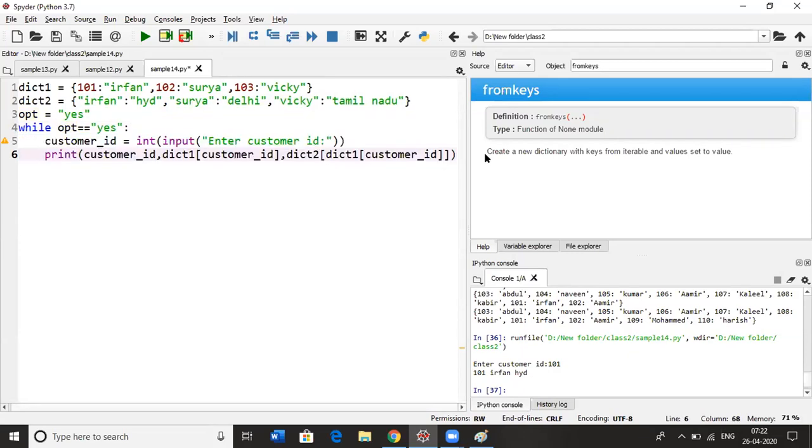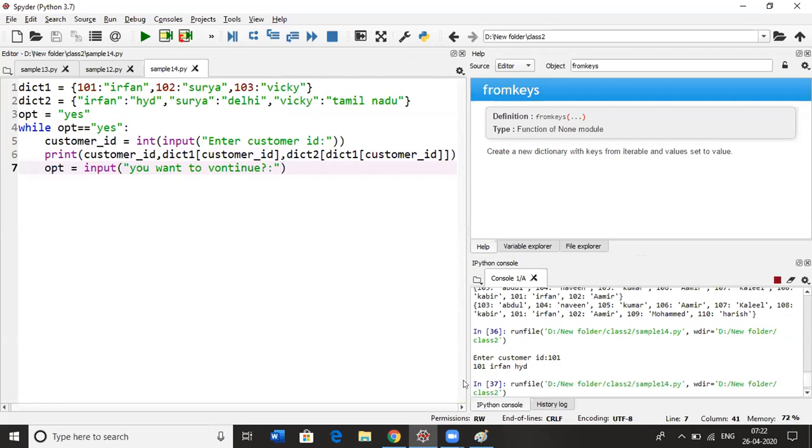And after printing that, we need to ask the user if they want to continue or not. So using the while loop, I can get multiple users' data.